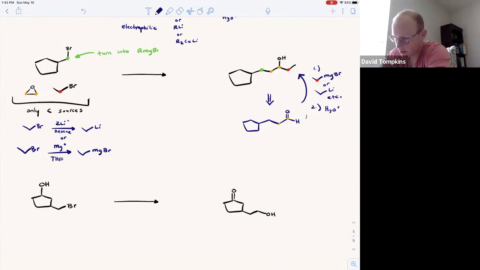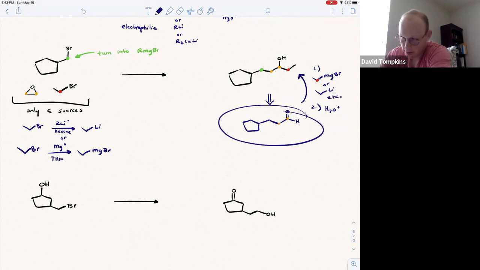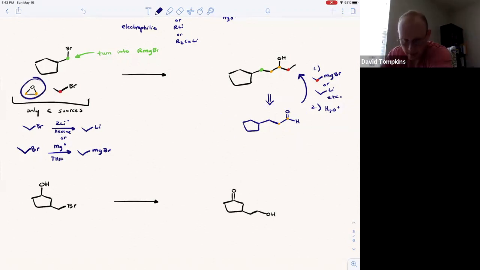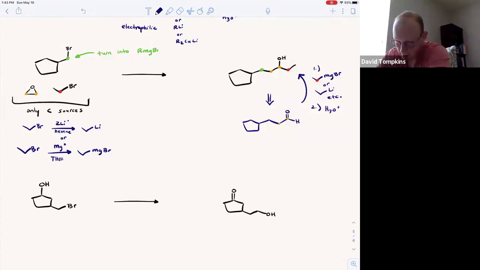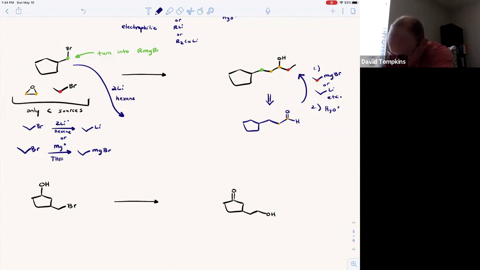So now we need to build this aldehyde compound from the starting material. And that's clearly going to come from putting the ethylene oxide together with the cyclopentyl bromide. And I know the epoxide is an electrophile, so let me make the bromide into a good nucleophile. I'm going to go ahead and add the organolithium for this one just to show you. 2 lithium equivalents in hexane. That's going to give me